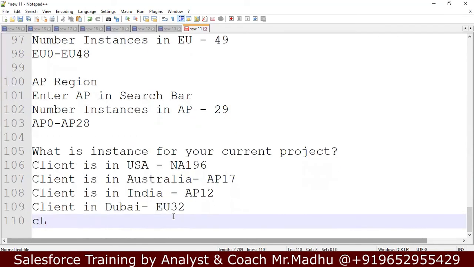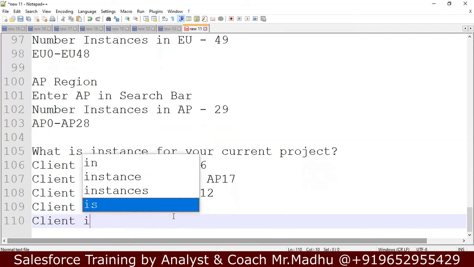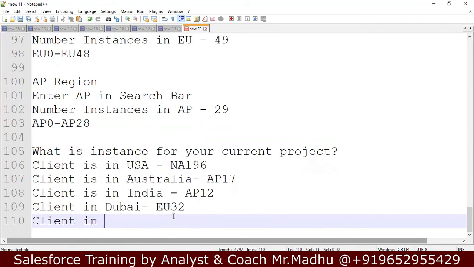If your client is in the UK, you can say it is the Europe region. You just say EU17 or something, or EU10. You can answer like this, because we can see this information in our project, in the application.